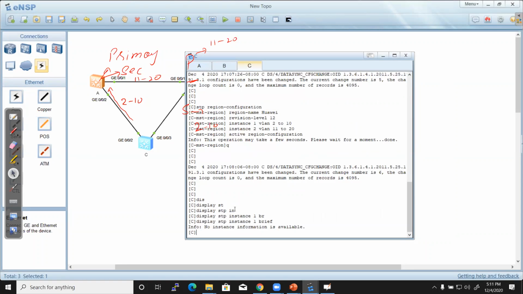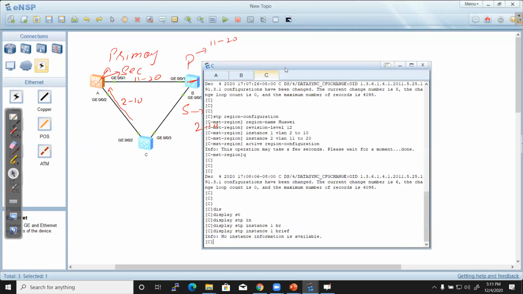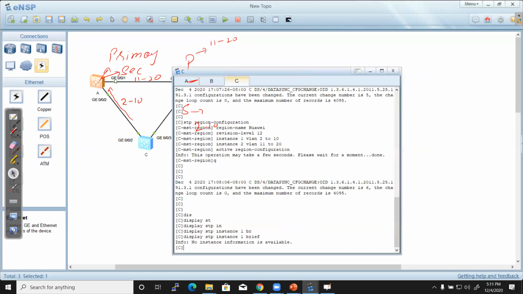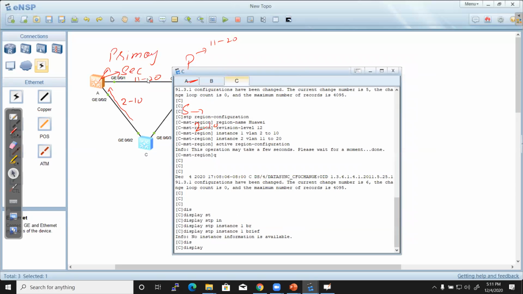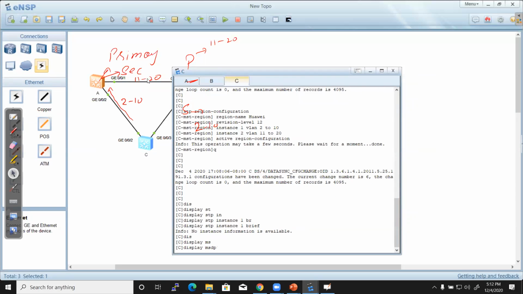Although we have triggered it, whenever we try to configure on the previous old topology, it doesn't show us the results because we are using a simulator. It does not happen in real devices. But if I remove this topology and create a new topology, you will be able to see the results, because I can show you we have created the multiple instances. So display MSTP